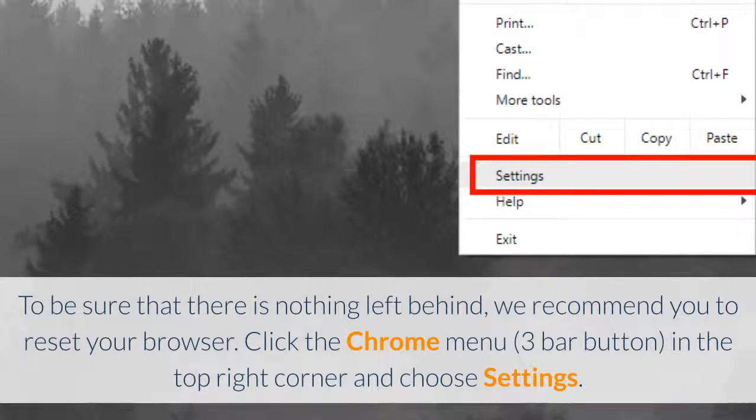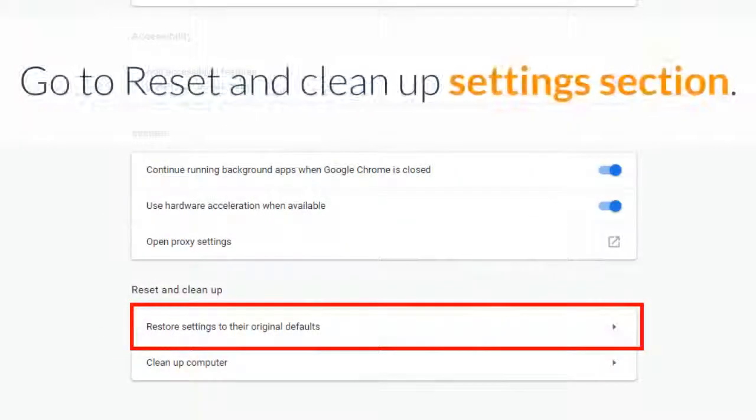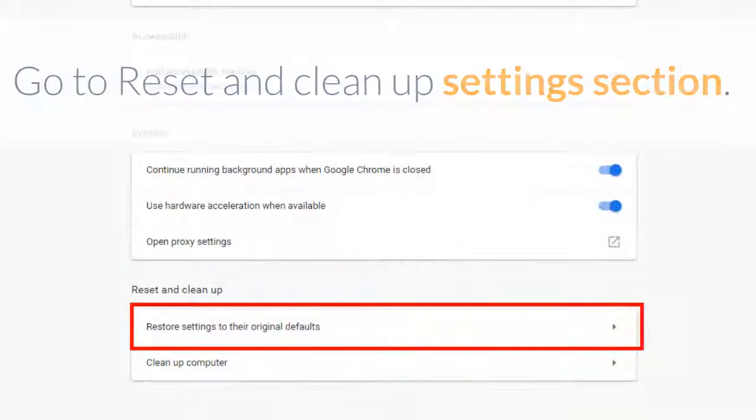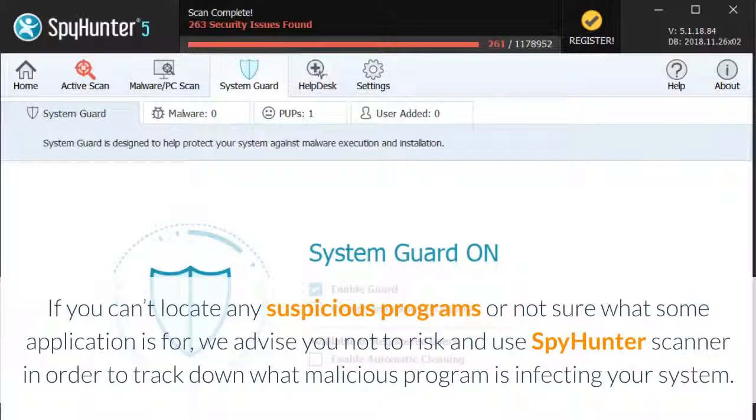Click the Chrome menu 3 bars button in the top right corner and choose Settings. Click Show Advanced Settings. Go to Reset and Clean Up Settings section. Click Reset Settings. If you can't locate any suspicious programs or not sure what some application is for, we advise